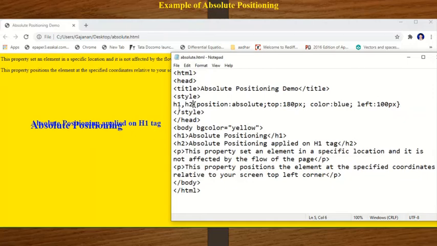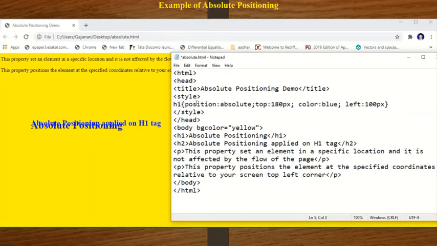Next, I want to apply relative positioning. So how to apply relative positioning in the same program? First of all, I want to remove this one.